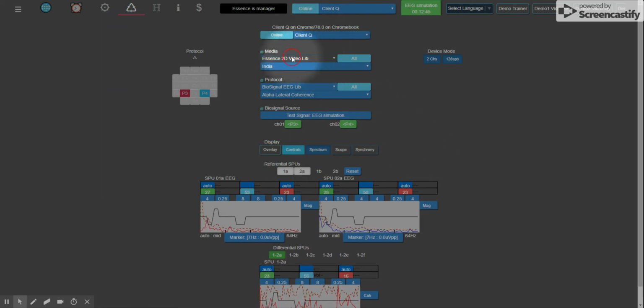Under the Media drop-down list, Essence 2D Video Loop Self, test. There it is. So this was given a different name because it's only published to ourselves, so it's different to the previous 2D video library. Okay, so there it is, and we're happy with